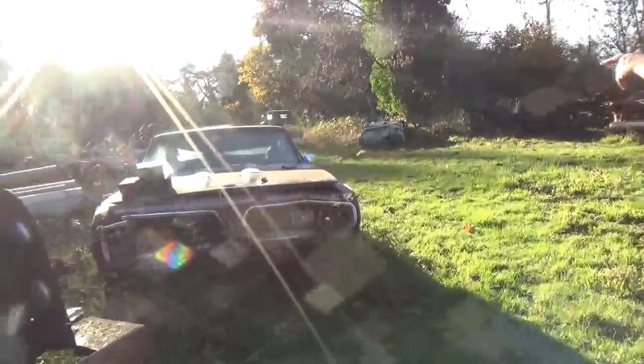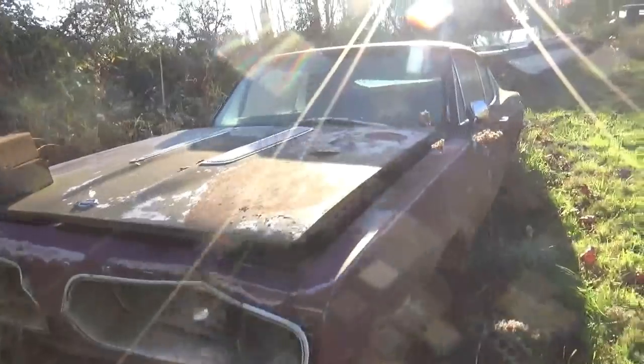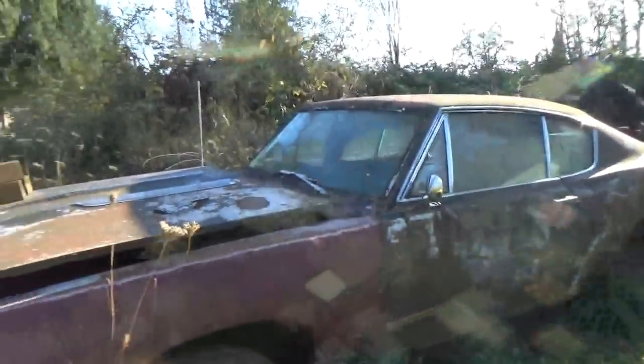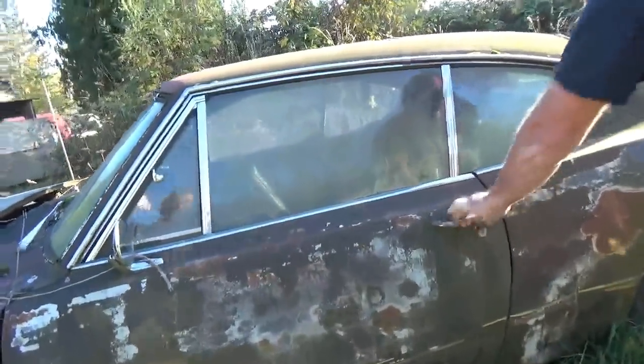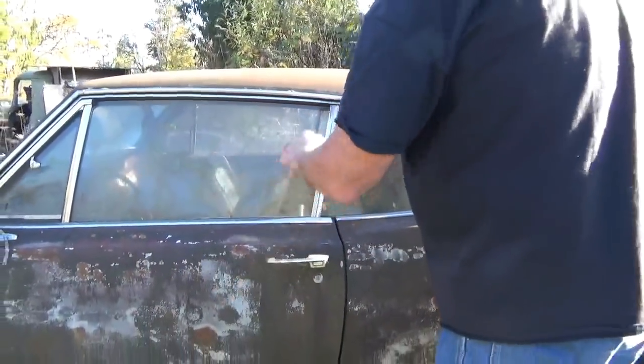1967 Plymouth Barracuda Fastback. It needs a bunch of parts on it. The front end's kind of bent up. I looked around. You can still get the parts for the front of it. It has the correct original seats. And it's not rusty. It's got a couple dings on it, but it's pretty solid. I have a bunch of extra parts for this. As you can see, there's a bumper in there, some more chrome trim, but I have boxes of parts because